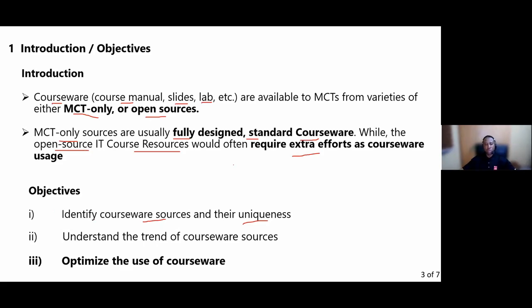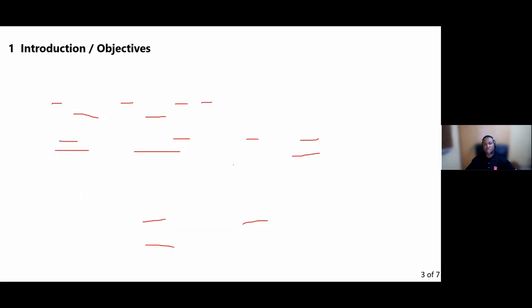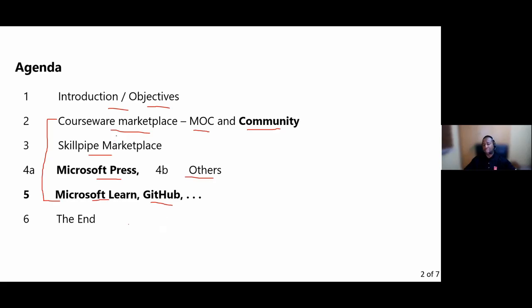The next thing I realized we can gain from this is the trend when it comes to courseware sources. Microsoft Learn is actually transforming how courses are used for Microsoft technology. Before now, the trend was basically using the courseware marketplace. It's still there, it's still doing well, but it is gradually being replaced by Microsoft Learn. In this slide, I bolded some sources.